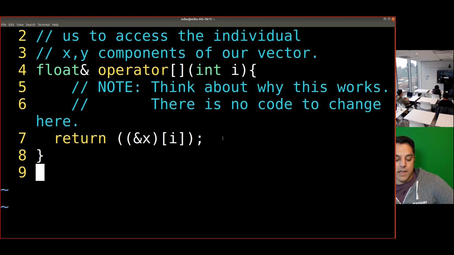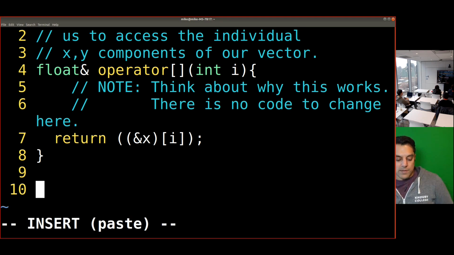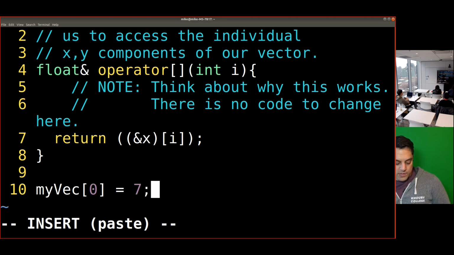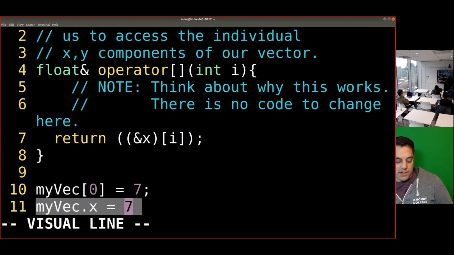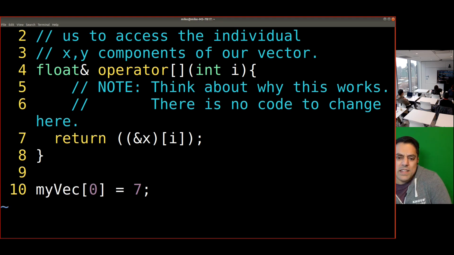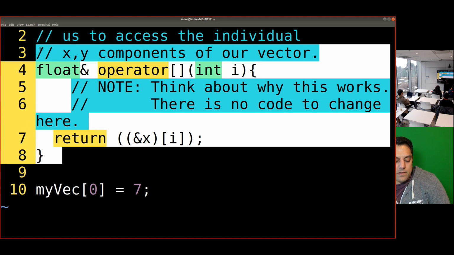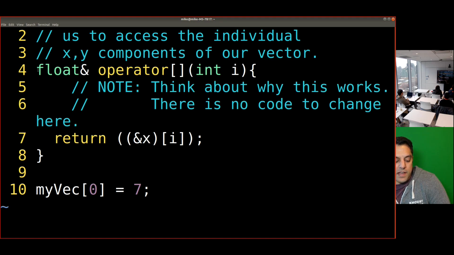And that's actually what we want when we use something like myvec at 0 equals 7. I'm actually saying I want myvec.x to equal 7. I don't want to make a copy of this thing or anything else here. So that's the idea. This is pretty optimized code. This is probably as complicated, I suppose, as syntax as you get in C++,